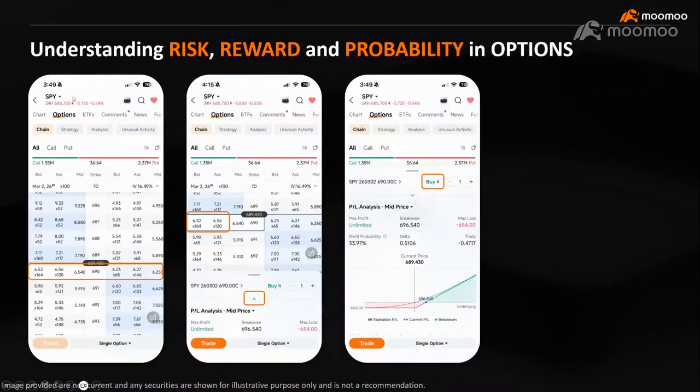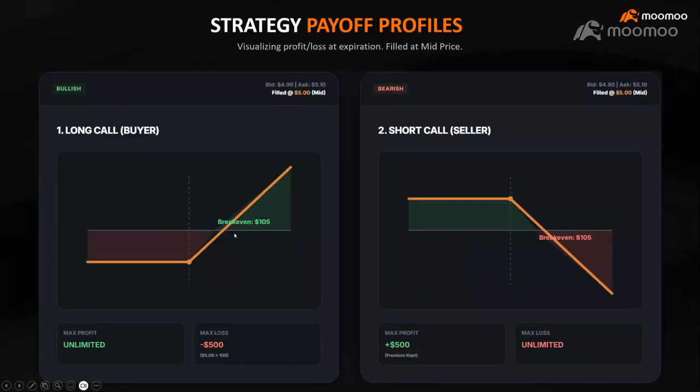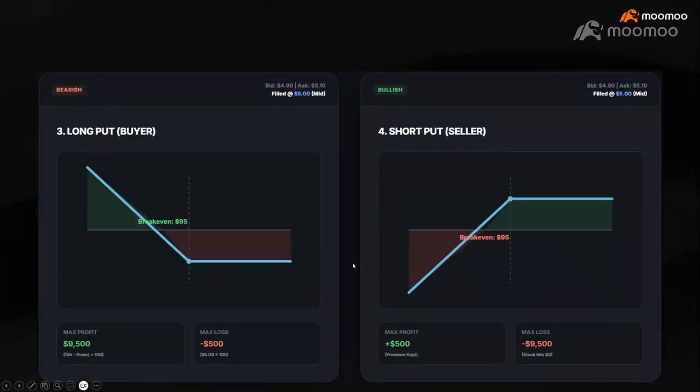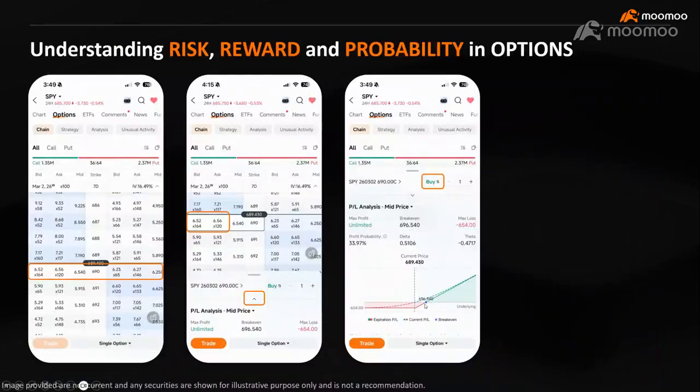So how do you actually see those P&L? Remember, I taught you guys already, right? You just open up your app and go to the option chain. Then you see whatever ticker symbol you want to buy. If you want to go long on a call or put, you just press here and tap. Then a dialog pops up, and you click on the arrow here. You can see there's a P&L graph here. So you can see the long call is very similar. It's the same as what I just showed you, right?